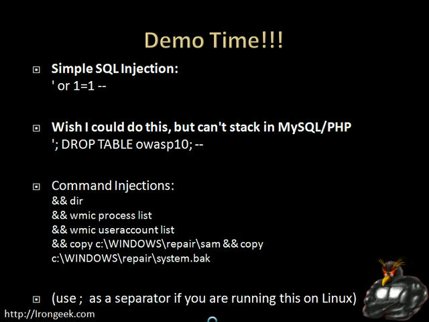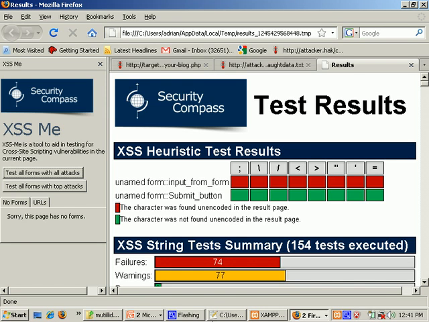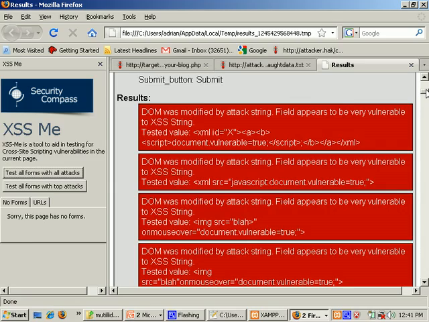Now, let's do a few simple examples of cross-site scripting. Of injection. By the way, this is that test I was talking about before. It reported back to me all the different strings that worked